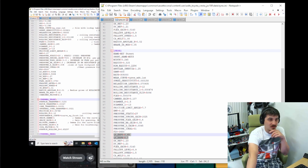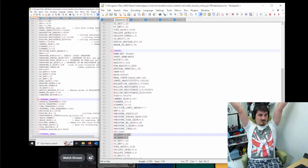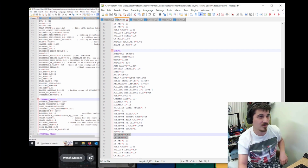So what's the relationship between the DX Ref and the LS Exponent X? It's a load value. For the people who are watching, an exponent, for someone who's not mathy: my understanding is the DX Ref is more the constant value, and the exponent is what dynamically changes with load. So to me, the DX Ref itself is more like a starting point, and the exponent is really more like